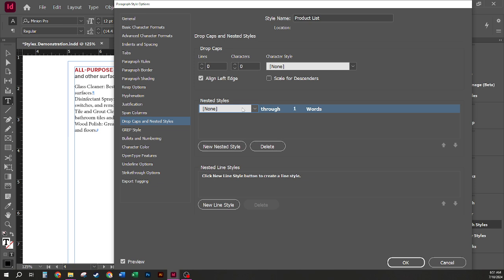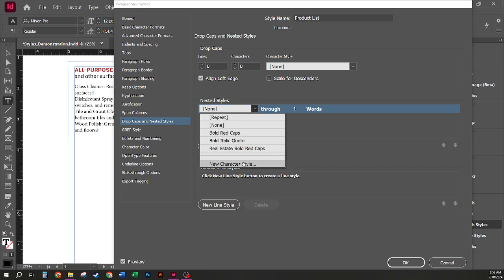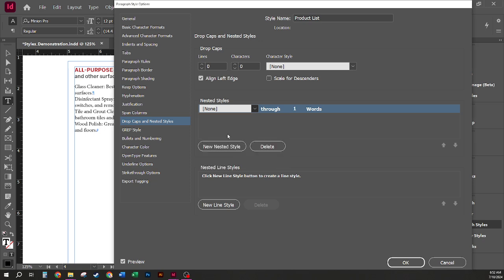I have my drop-down list here. This is a drop-down list of all of the character styles that I have. So I'm going to use the bold red caps that we just created. I have the option to tell it through however many and what markers. If I click here, it becomes a drop-down. I have the choice of through or up to. In this case, I am going to use through,